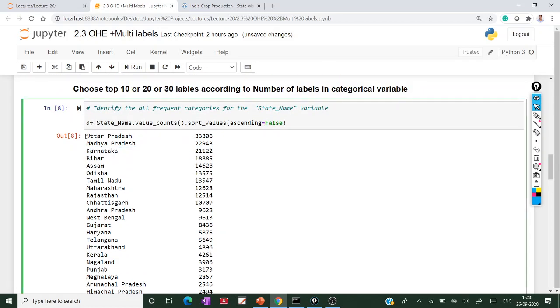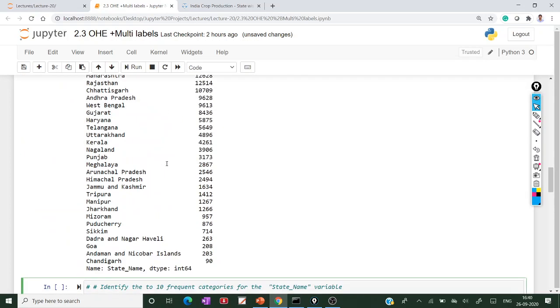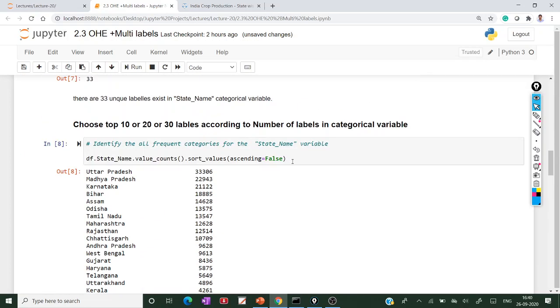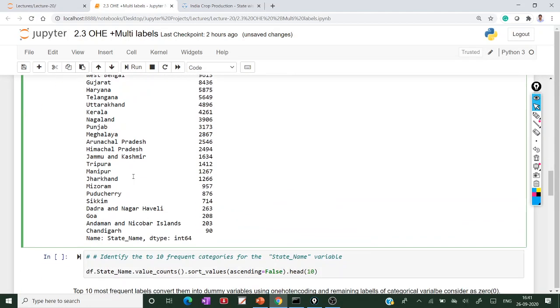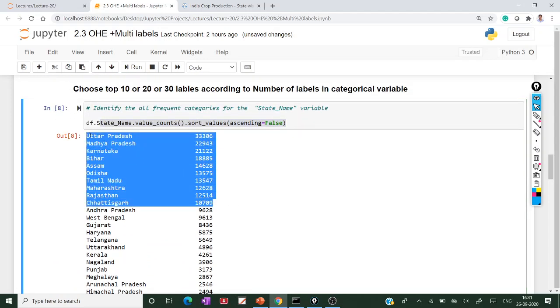Uttar Pradesh is repeated 33,306 times. Madhya Pradesh is repeated 22,000 times. If you choose the top 10, these are the top 10.